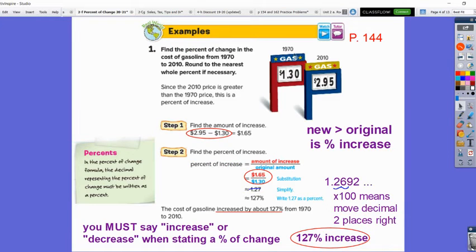All right, so here's gas prices, 1970 and 2010, from $1.30 to $2.95. What is the percent of increase in gas prices from 1970 to 2010? Well, the price went up, so it's an increase. The amount of increase is the difference between these two numbers. You subtract them, you can use your calculator for that, and it's $1.65. So the price went up $1.65. That's the amount of change. We divide that by the original amount, which was $1.30. $1.65 divided by $1.30 comes out to about